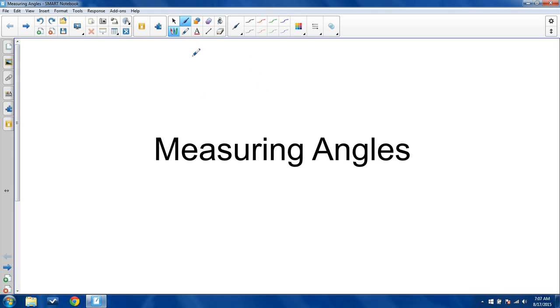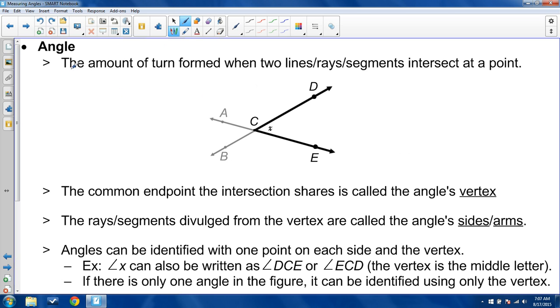Hello and welcome. We are looking at measuring angles. Let's start by defining an angle. Although you might have some ideas of what angles are, let's apply a geometric definition to it, or at least good enough. It's the amount of turn that's formed when two lines, rays, or segments intersect at a